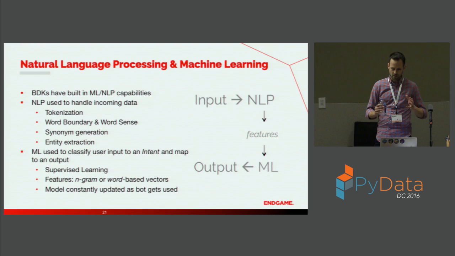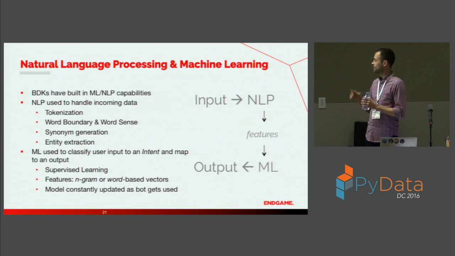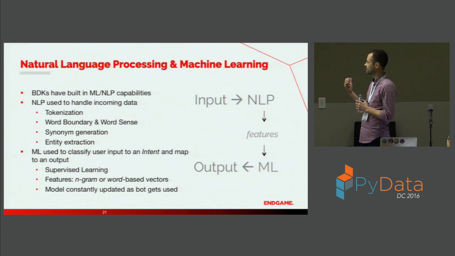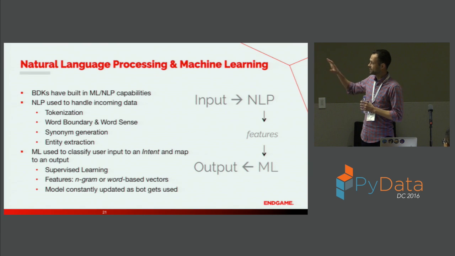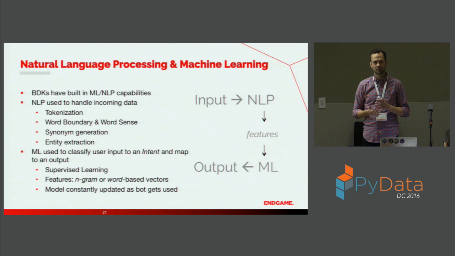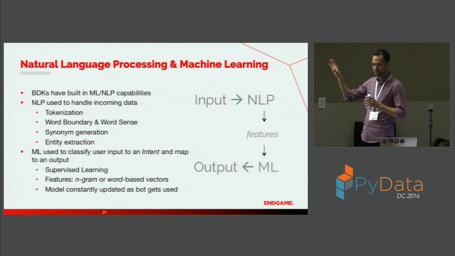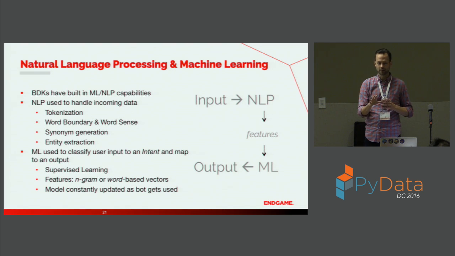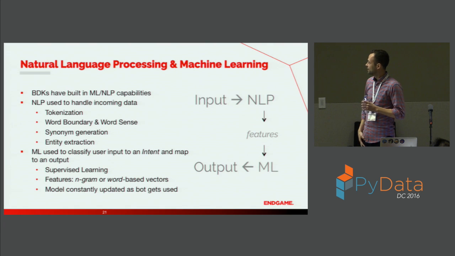If you want to think about it in the context of a conversation, the input hits the NLP pipeline to create the features that are fed into the machine learning algorithm that classifies the intent that produces the output. When you think about it like that, all of this stuff, tokenization, synonym generation, becomes way easier to understand. And you start to see that just because they have AI in their domain doesn't mean they're creating some sort of fake brain. It's all very standard. There's been a ton of talks, even at PyData, on this. Anybody could apply this.